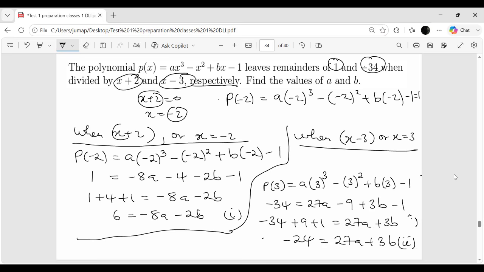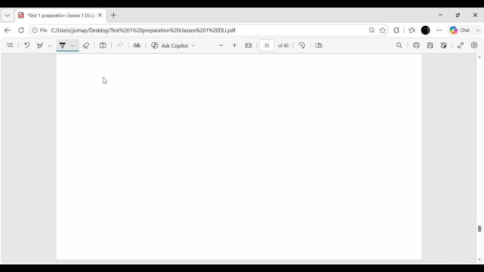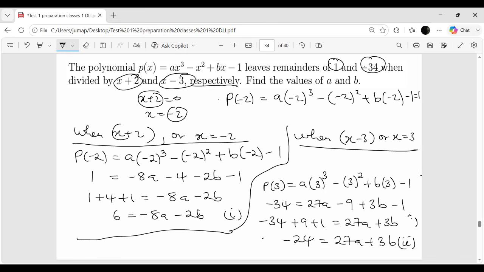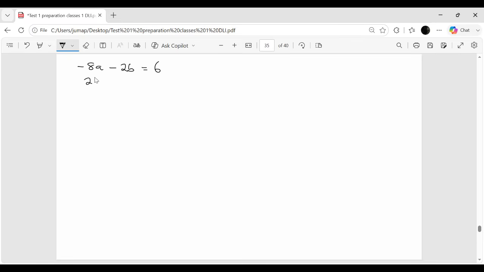Okay, so in this case, I'm going to have negative 8a minus 2b is equals to 6, and then I have another one which is 27a plus 3b is equals to negative 24. Okay, so now here I have a simultaneous equation. So solving simultaneously,